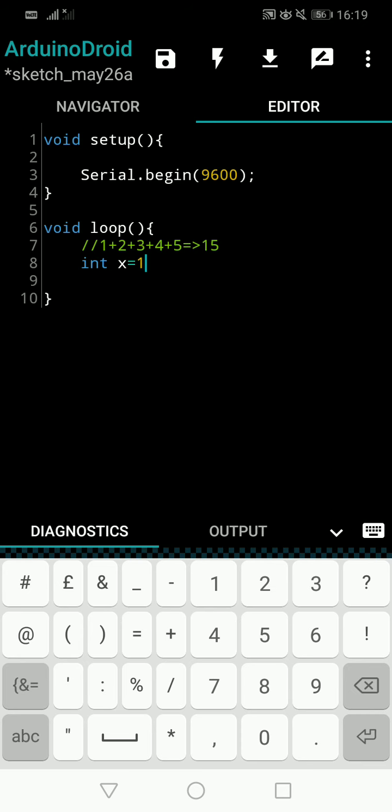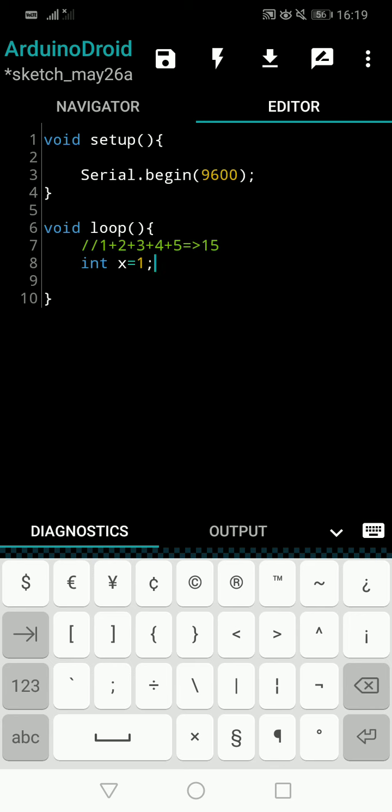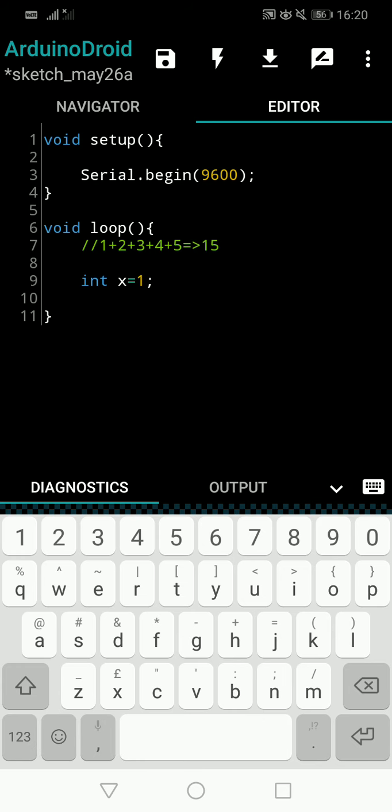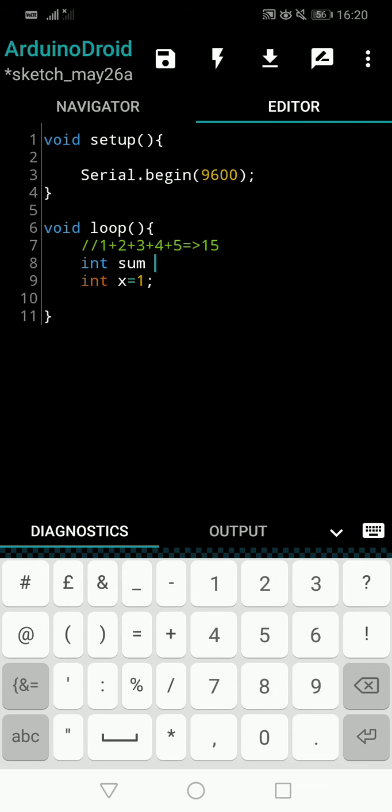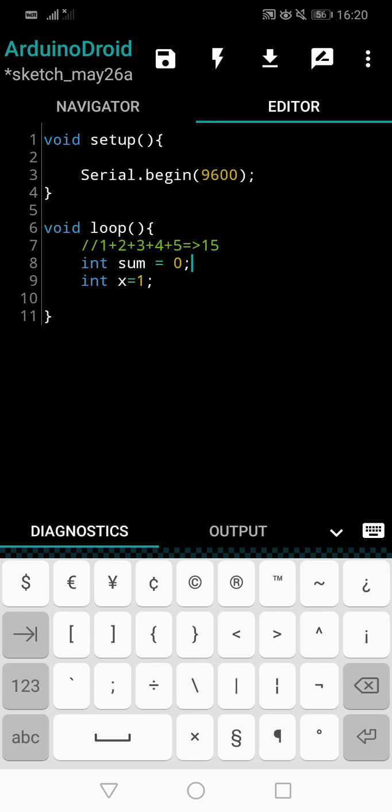That's the starting number. And to store this total value 15, adding and storing and displaying the value, I will declare another variable called sum. That means the total cumulative sum. Initially I will make it 0, because when it comes to addition, the initial value being 0 is not a problem. It doesn't make any difference.